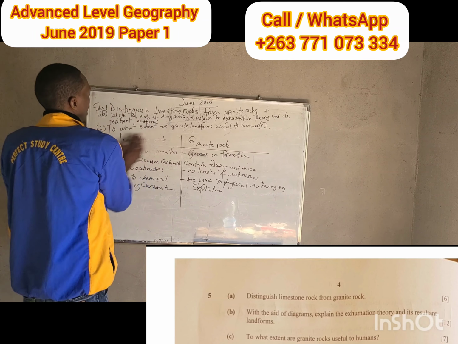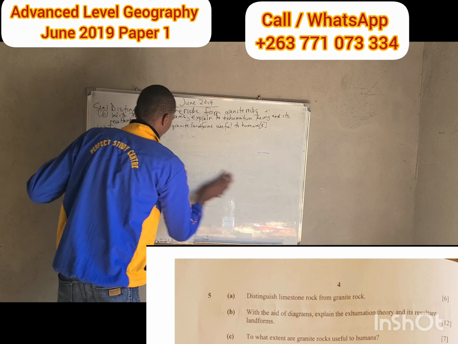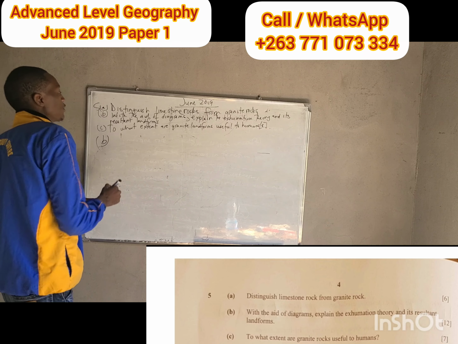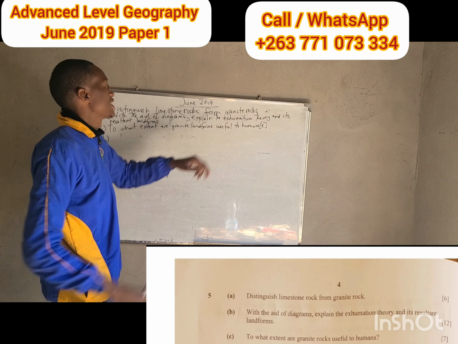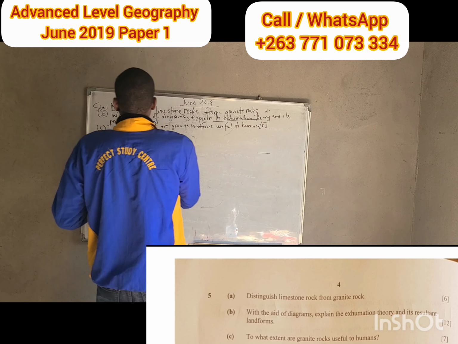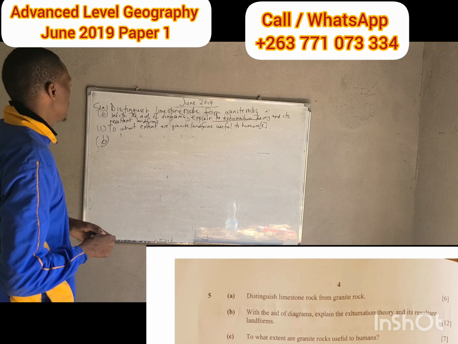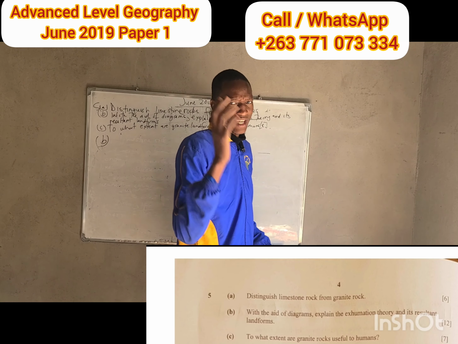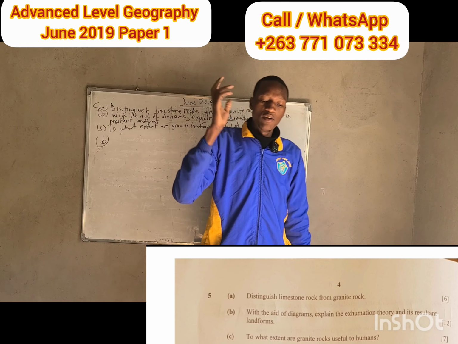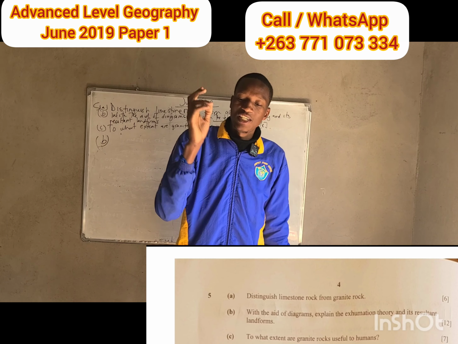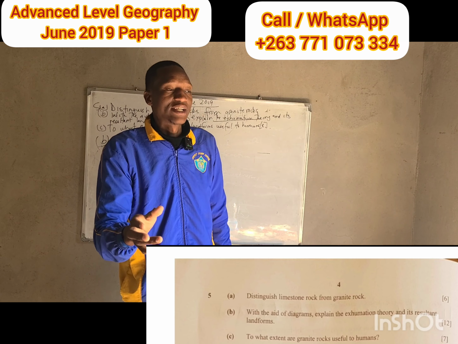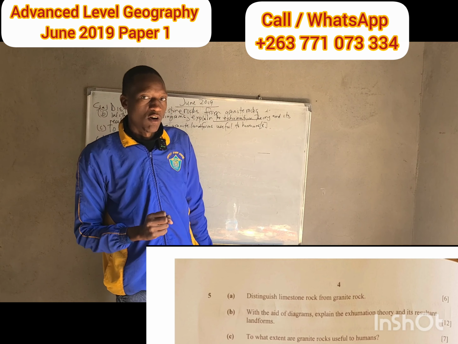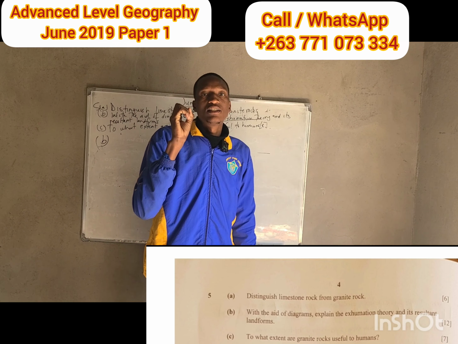Then moving on, we are now going on to part B. Part B says, with the aid of diagrams, explain the exhumation theory and its resultant landform. So what you first do is to explain the exhumation theory. It is one of the most prominent theories which explains the formation of inselbergs. And according to the exhumation theory by J.T. Falconer, you'd like to say that